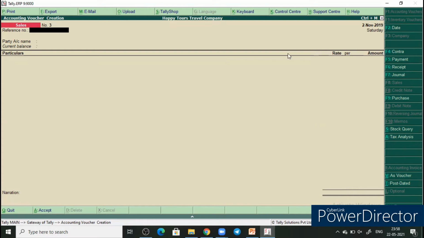Let's do our third transaction, that is on again 2nd November 2019. Paid rupees 20,000 for website development charges to Messrs Soft Corner India Limited, Karnataka with GST 18%. In this transaction, we have purchased a service from Messrs Soft Corner India Limited of website development, which the company